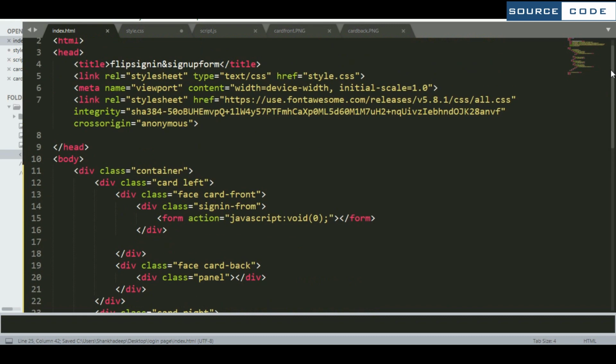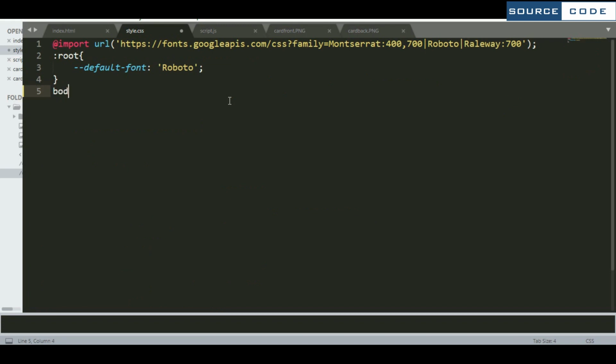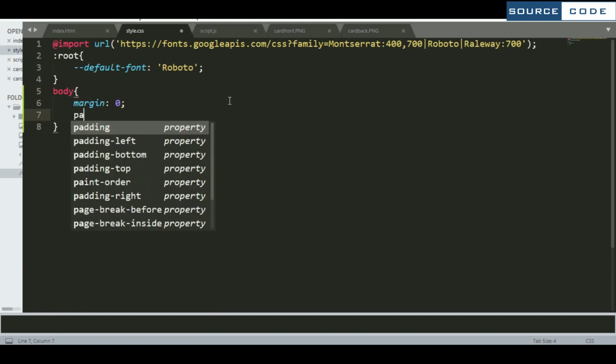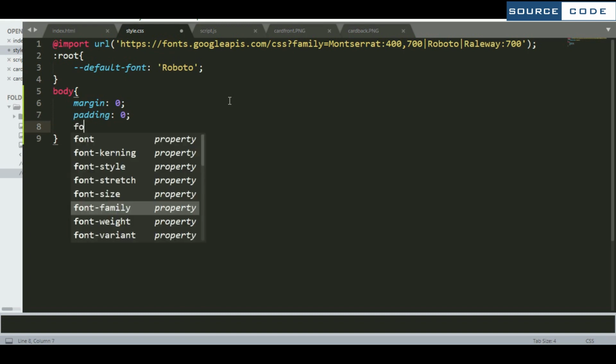So now we are going to set the dimension for each of them. Come to the CSS part. So first of all, we will define the dimension for the body. So I am taking the margin to 0, padding also 0. Now we need to set the font family here.